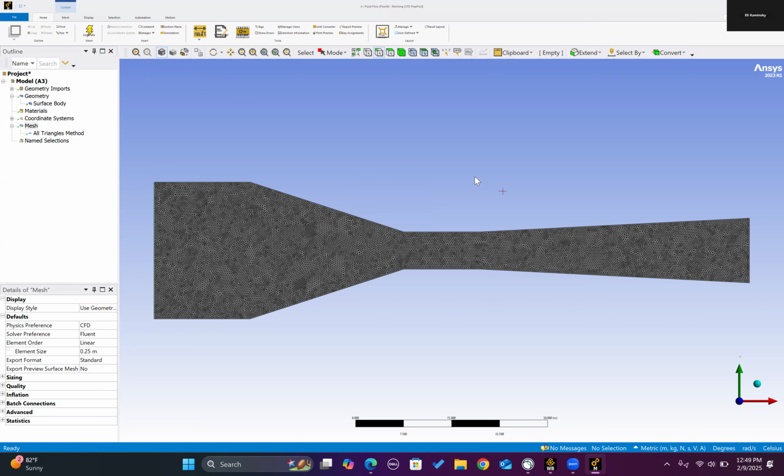Hit OK. Click on the right edge and do the same thing, hit N. This one's going to be pressure outlet though. Again, hit OK. And now for the rest of the walls, we are going to click, hold control, and click